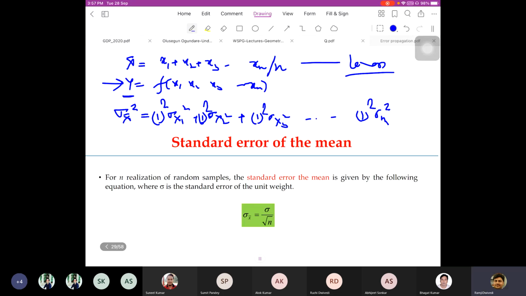Knowing that all the individual observations are contributing or having equal variation, that means sigma x1 square is equal to sigma x2 square is equal to sigma xn square is equal to sigma square, then what will happen? Sigma x bar would become n sigma, or simply sigma